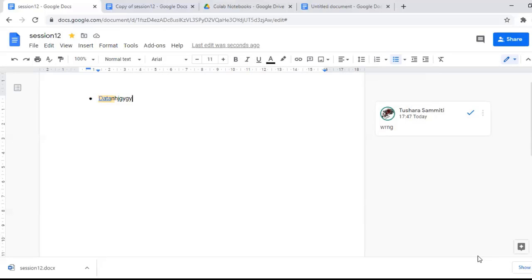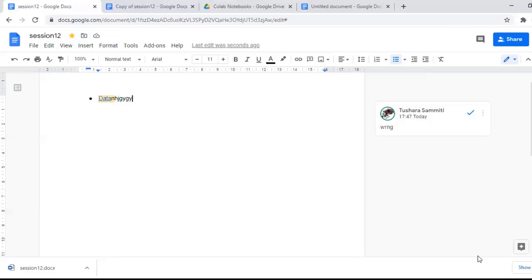The uses of Google Documents are mainly that we can store documents, we can create different types of documents, and the user can edit the documents, and even multiple users can work at a time in that same document.